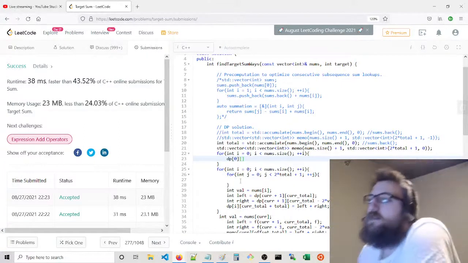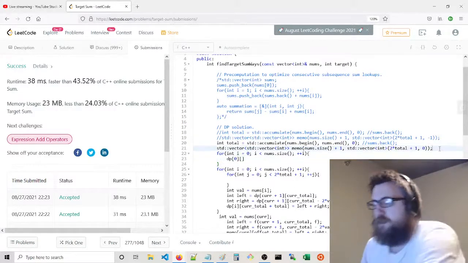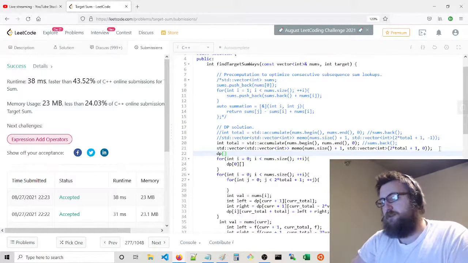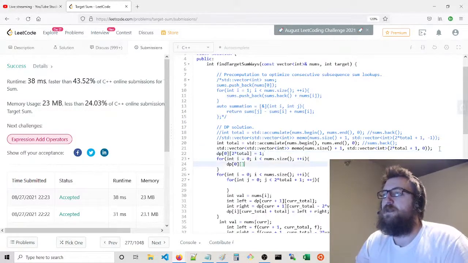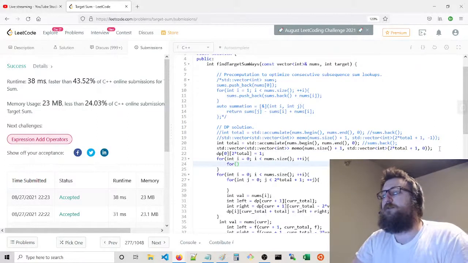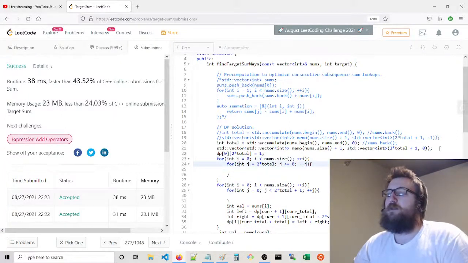Okay, we said yes, nums size plus 1. So the initial array is going to be dp of 0 and 2 times total is equal to 1, and everything else is 0, right? Now we're going to loop from int j equals 2 times total to j greater than or equal to 0, minus j. It really should be j greater than or equal to